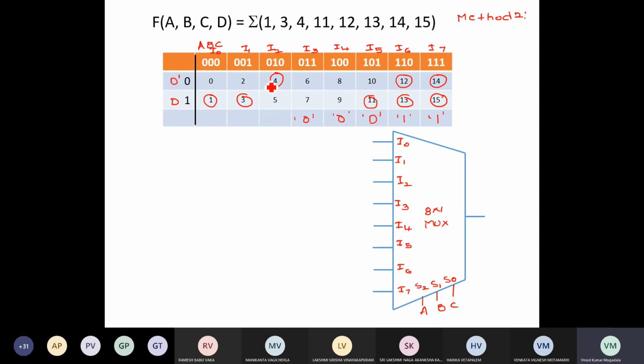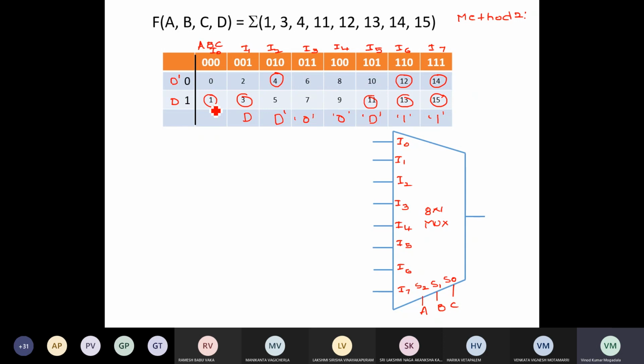Here also it is the same. Now you see, for this column, if D is equal to 0, then it is selected, whereas if D is equal to 1, it is not selected. So only this minterm is present, and you simply place D prime in the corresponding row. So here you need to connect D prime. For these two cases, it is simply the same as D. This minterm is encircled. What is the corresponding value of D?